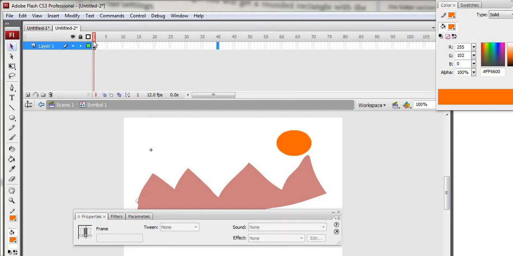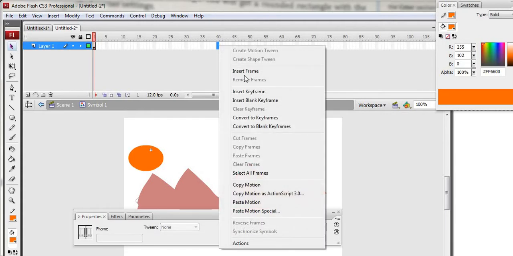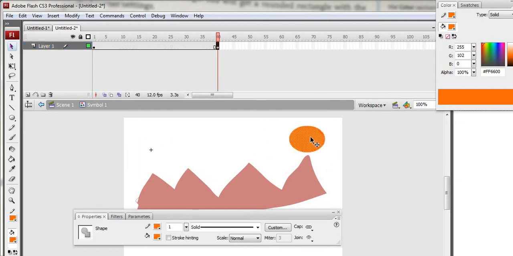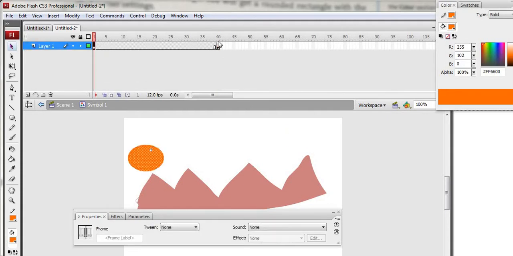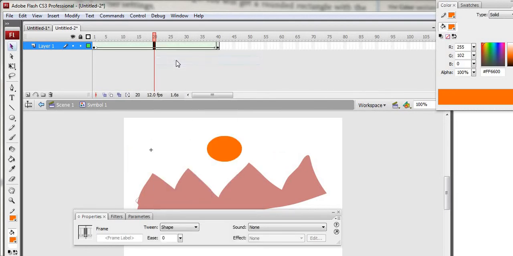So first of all, at 0 it is here at one time frame, and at 40, if I click on this 40 and make it a keyframe, I want this to be here. So now you can see at 1 it is here, at 40 it is here, and between these two I right click and create shape tween. Shape tween. So at 1 it is here, at 40 it is here.